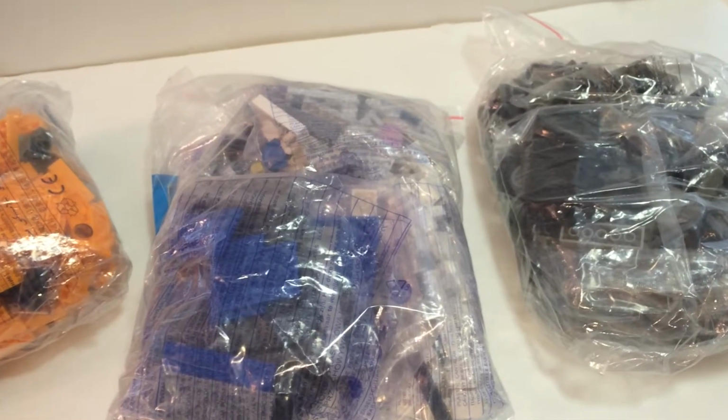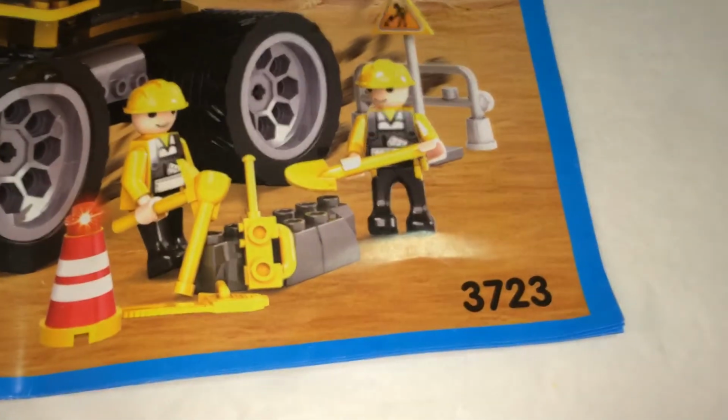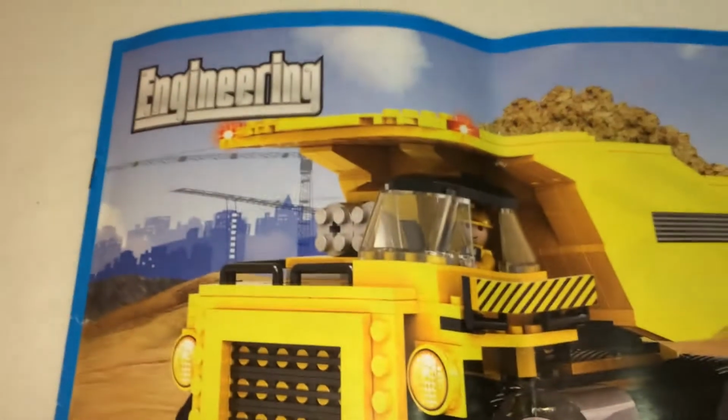So here I got 3 bags. I have a construction vehicle here, a train, and a military vehicle. Let's open it up. So here we have a Cogo set number 3723, and this is part of the engineering